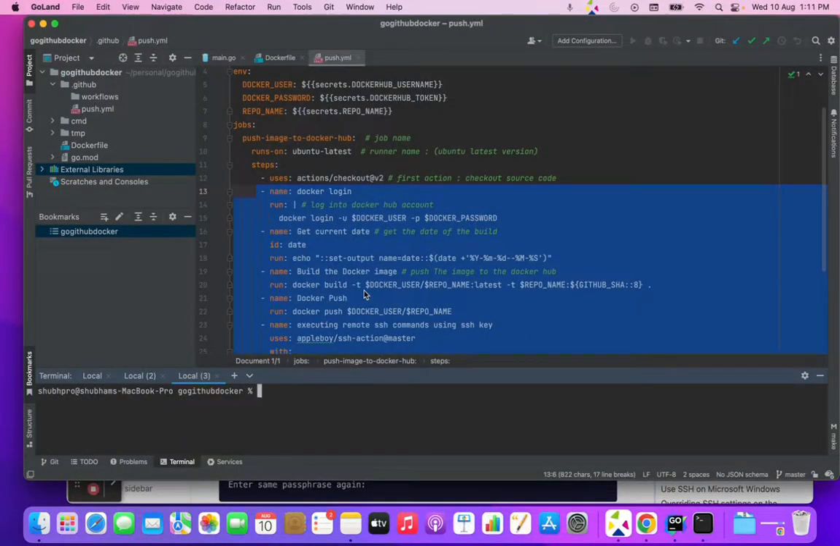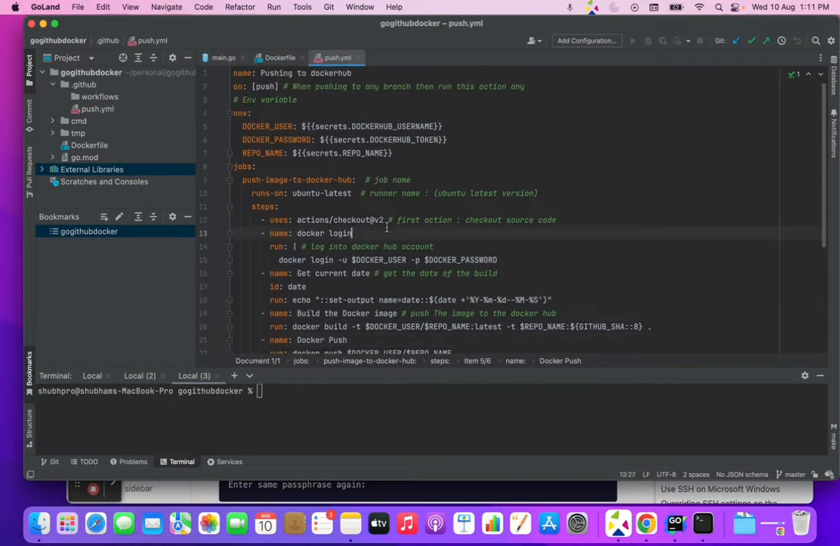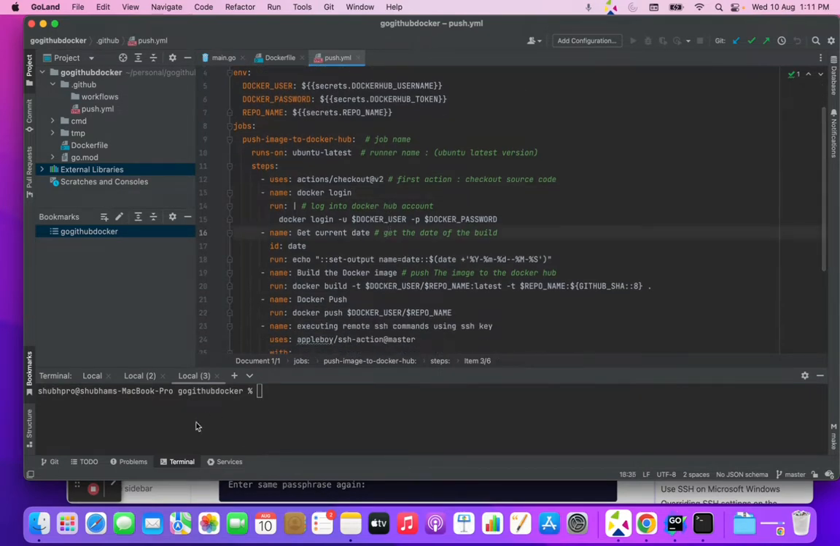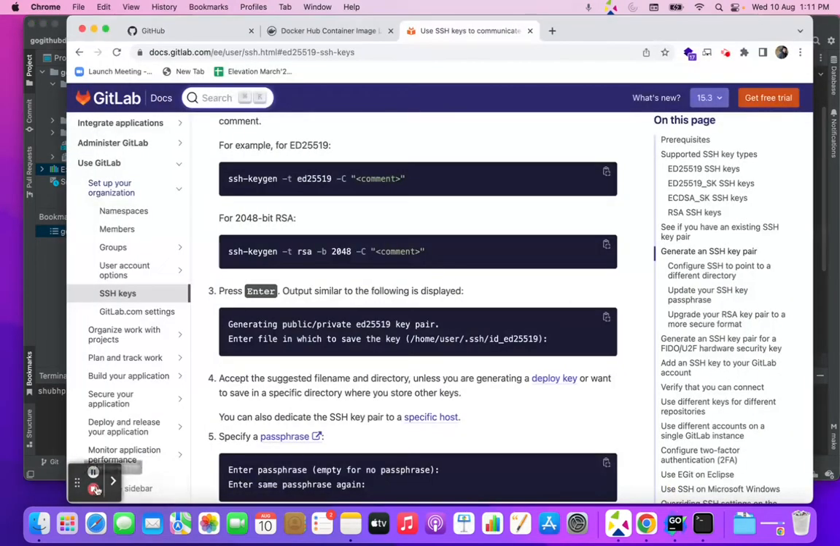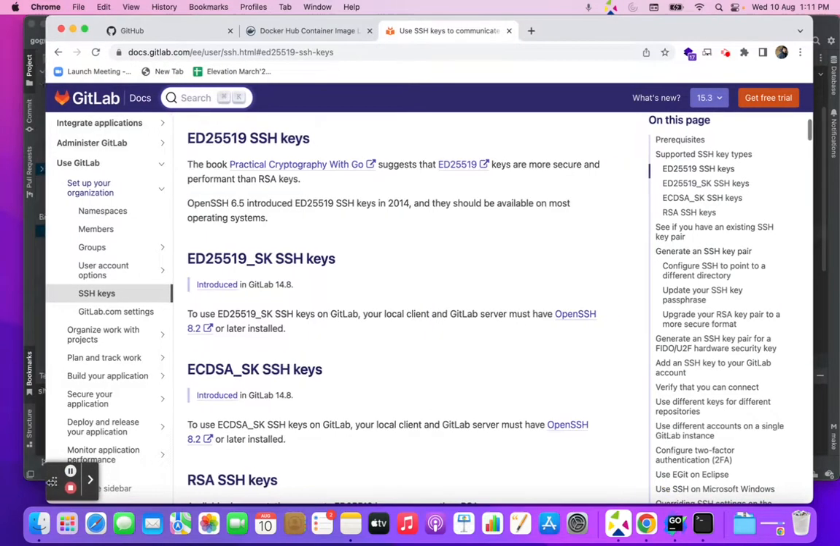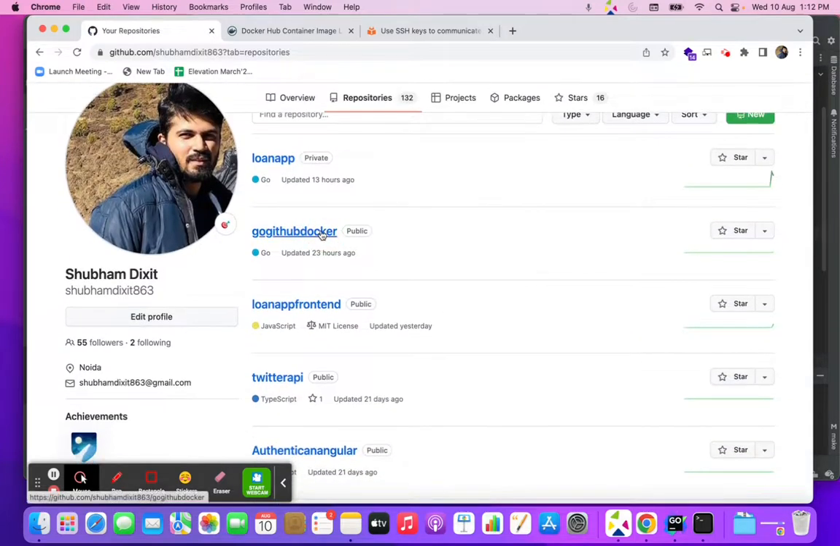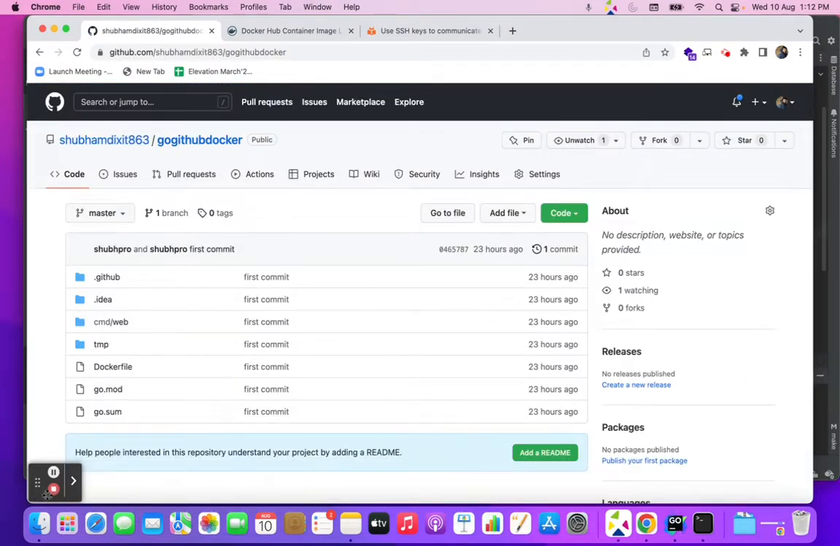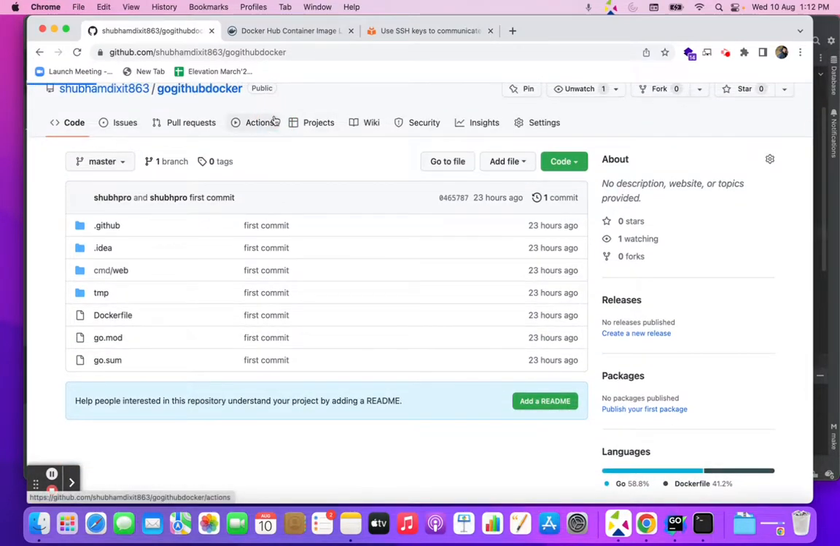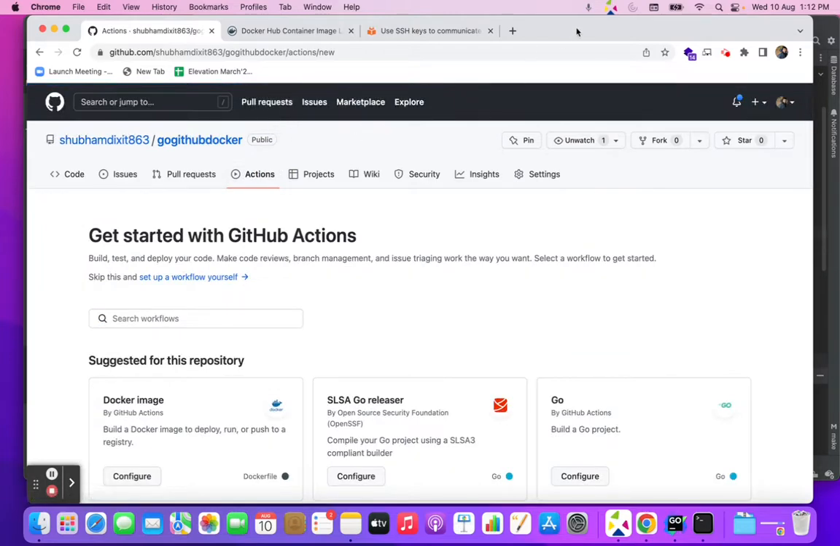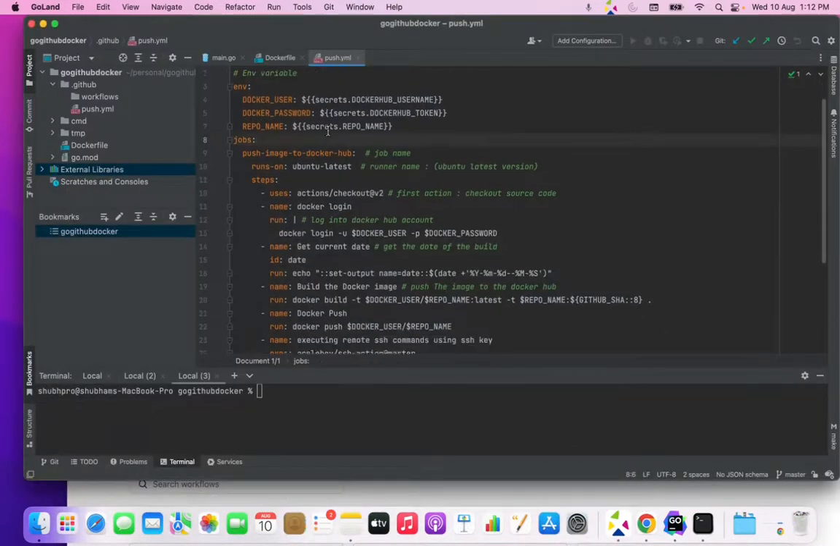In the last video, we looked into how to create a Golang application, and in the end, we pushed it into our GitHub repository. So let me just go through the repository here. This was a repository that we created, and in here we already have this GitHub Actions action file,